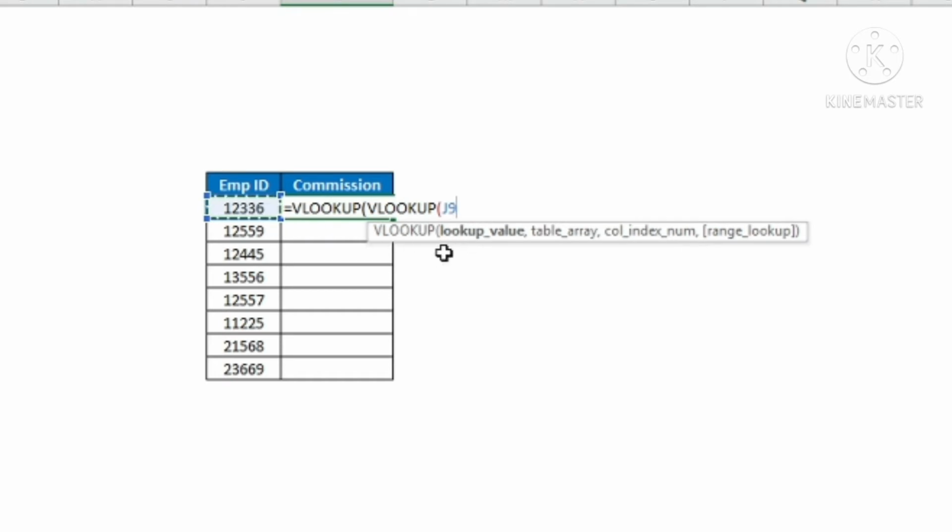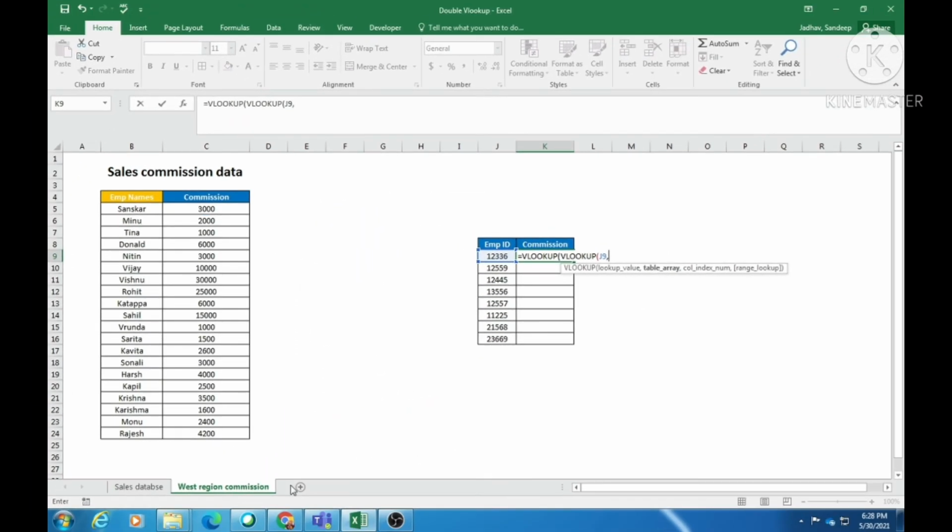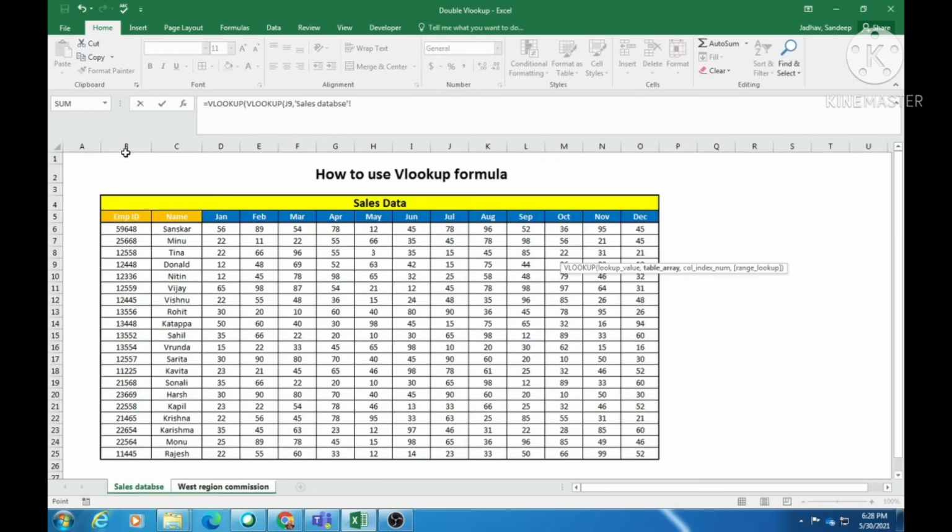So the lookup value is this employee ID for which we want to extract the corresponding name. So comma, table array. The table array is now a different database from where we need to extract the corresponding name of the employee for this employee ID. So I'll go ahead and select these two columns, especially these two columns, because from here only I'm going to extract the corresponding name.